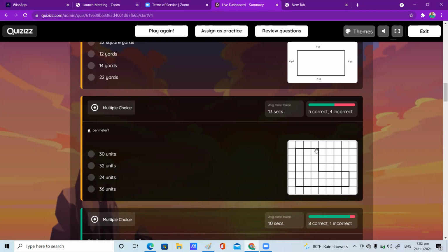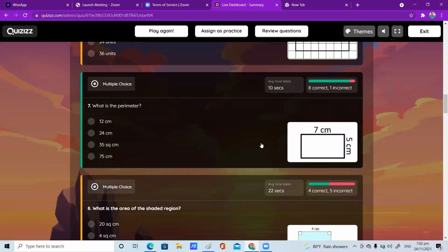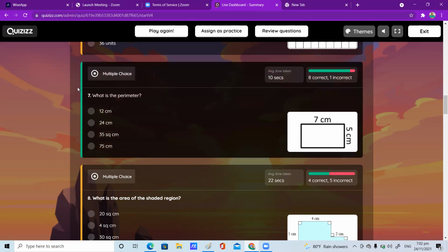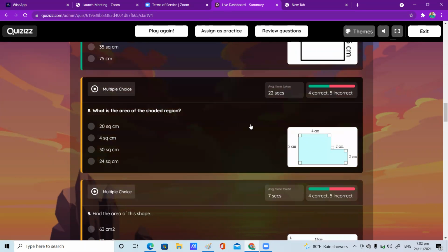Just unit squares, children. These all are unit squares. You just add up how many units are there. Ma'am, I found the boundaries. Ma'am, I thought which is inside. No, don't count the inside portion, that is area. Here they're asking about perimeter. You need to add up boundaries. You take the length of each box as 1 centimeter. Like that you can add up and do it. I got it wrong. Don't count each. Perimeter means you just sum up all the sides. What is the area of the shaded region?